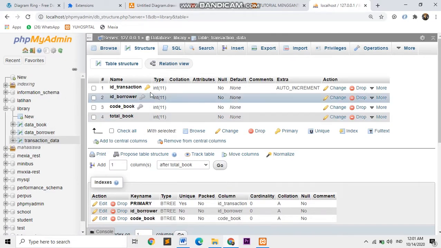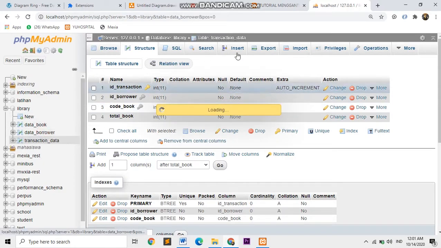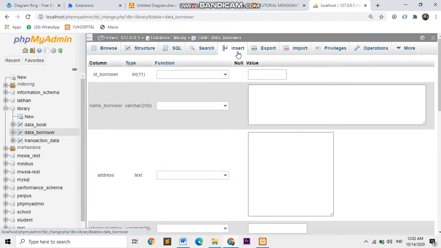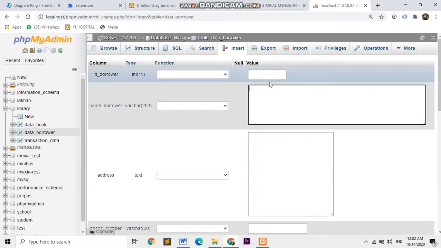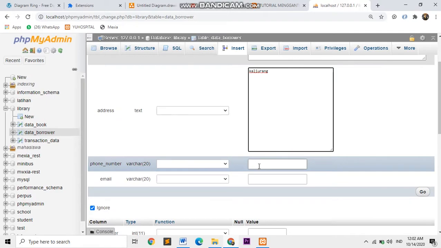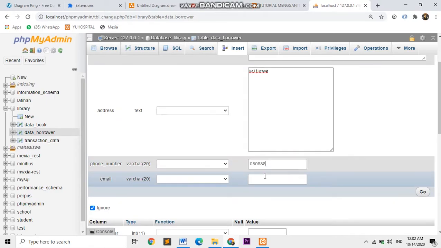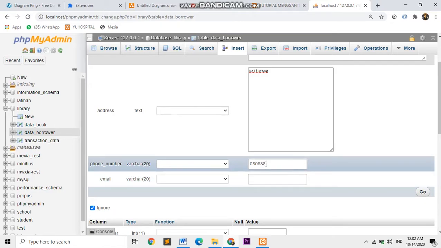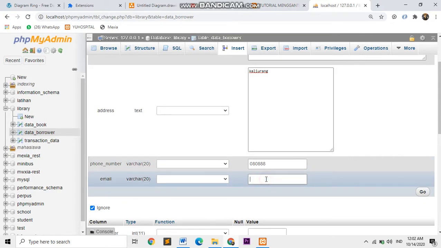So now we will insert data borrower. Name of borrower, for the example Ahmad Ajay, and then address Kaliurang, phone number 08088, oh sorry, email ajay@gmail.com.